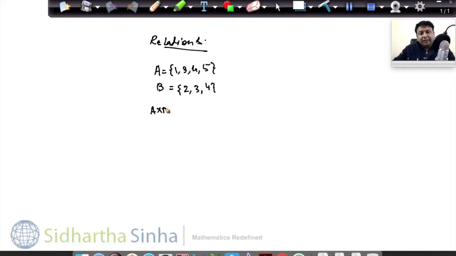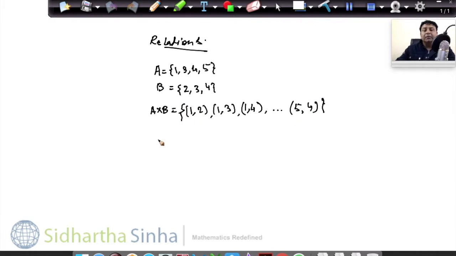and all the elements that come in A into B, all the ordered pairs like 1 comma 2, 1 comma 3, 1 comma 4, 2 comma, this ordered pair is this, 3 comma 2, 3 comma 3, 3 comma 4, 4 comma 2, 4 comma 3, 4 comma 4, 5 comma 2, 5 comma 3, 5 comma 4. Fine. So it will go on and we'll get 5 comma 4 as the last element, when we do Cartesian product